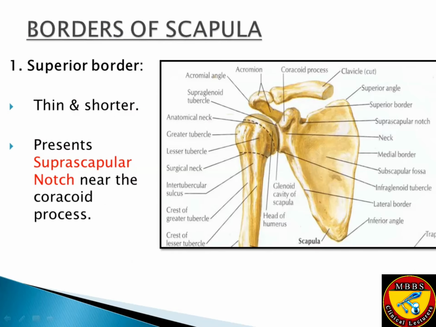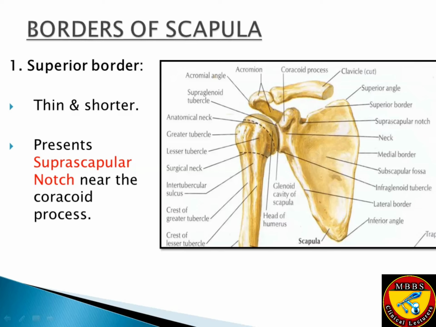The scapula has three borders. It has a superior border, a medial border, and a lateral border. When you look at the superior border, it is thin and short.